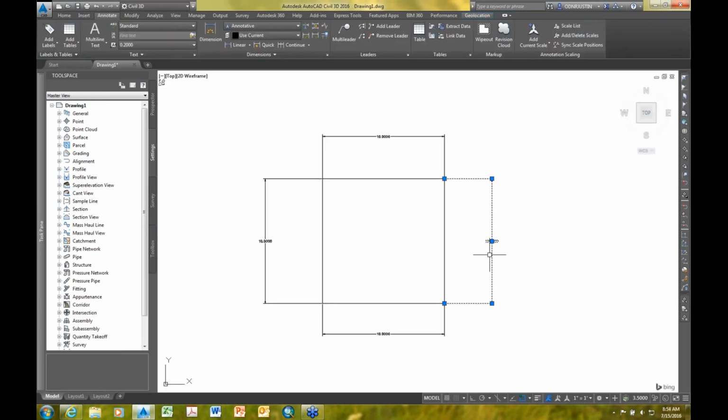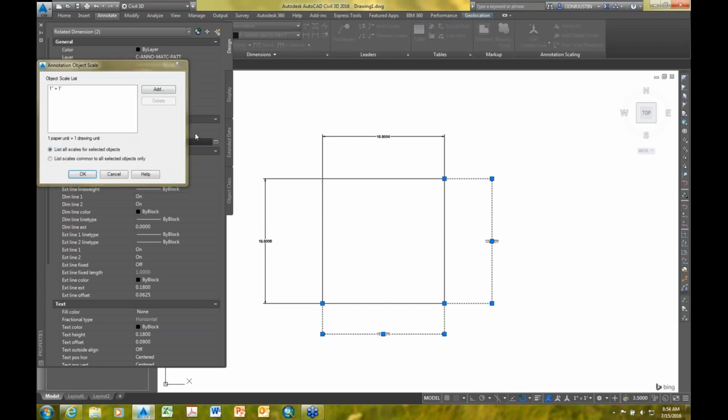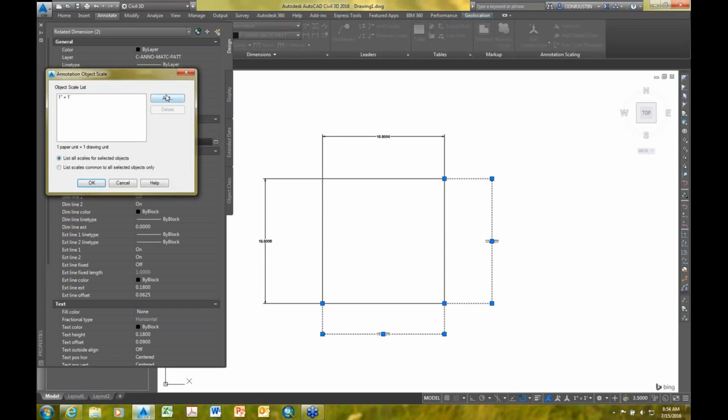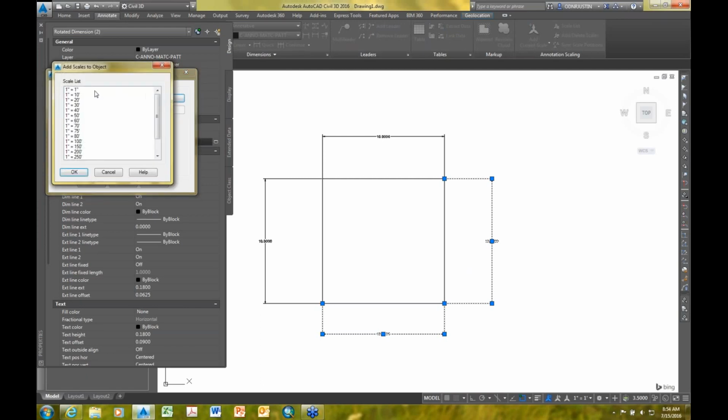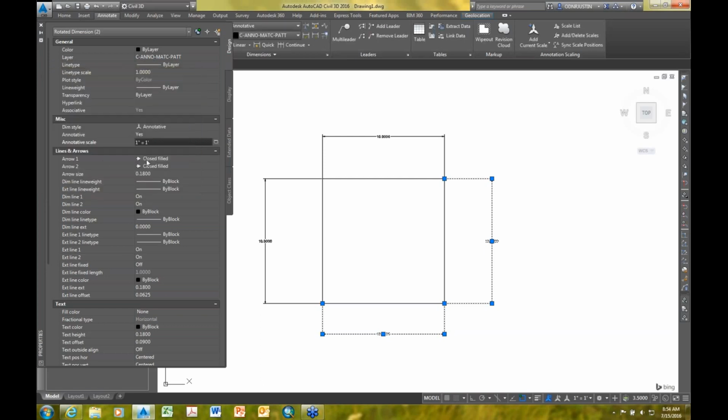Okay, and if I go back and click on these, and I'm going to just show you in the properties window, the annotative scale is only listed as 1:1. I'm going to open up the annotative scale. Okay, and it's going to be giving me a toolbox here where I can add additional scales. If I add the 1 to 10 in there, hit OK,